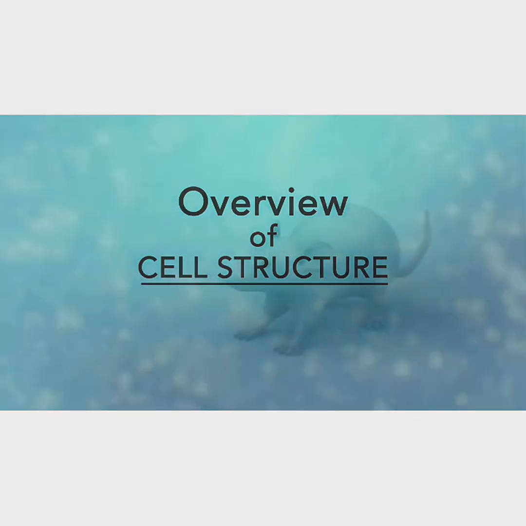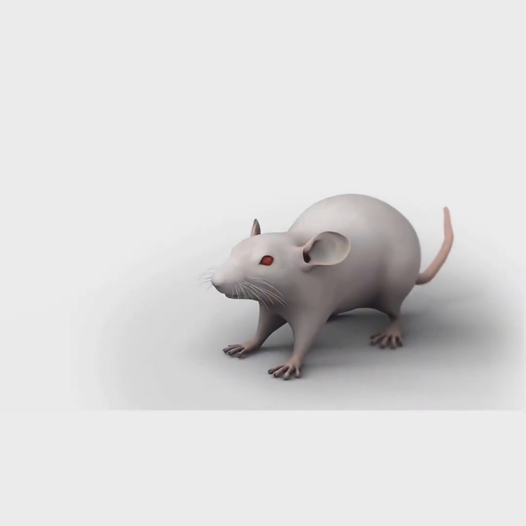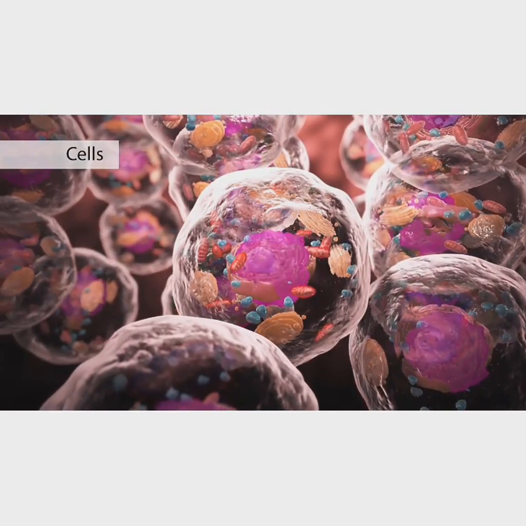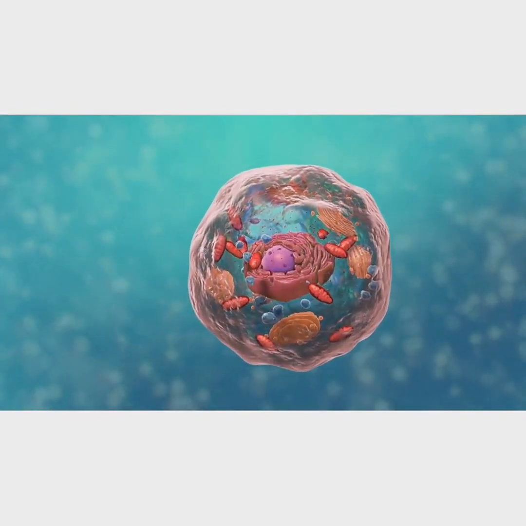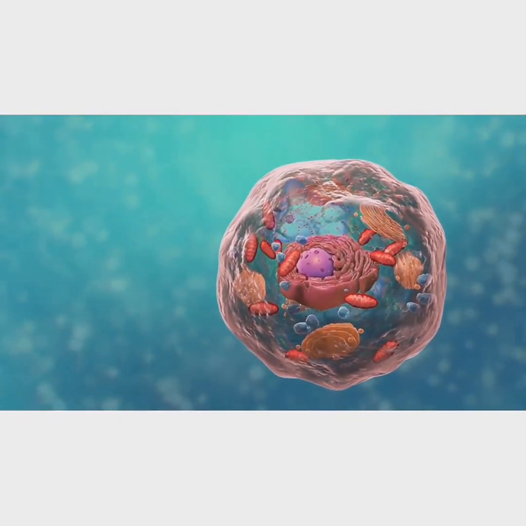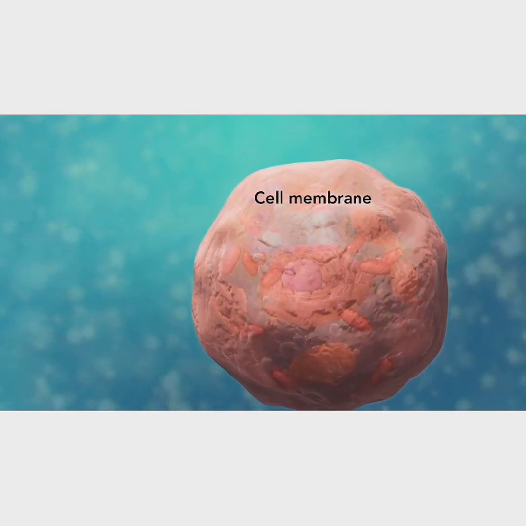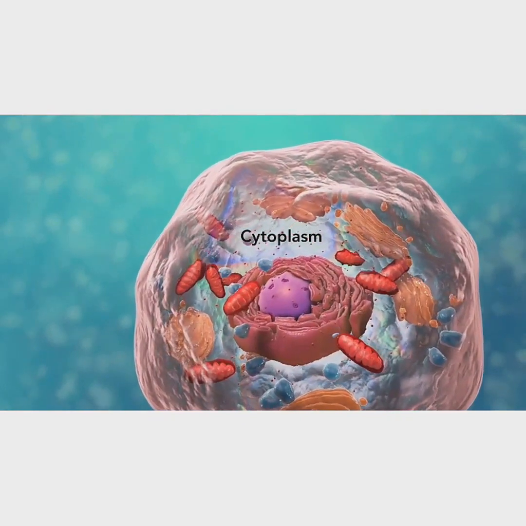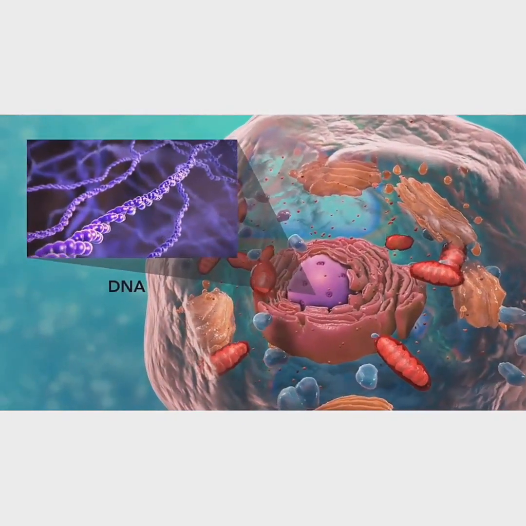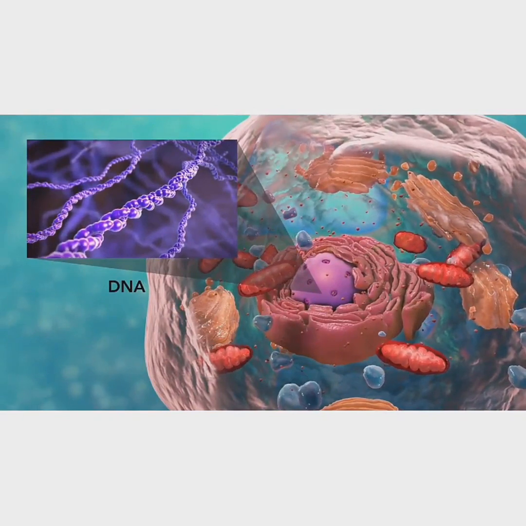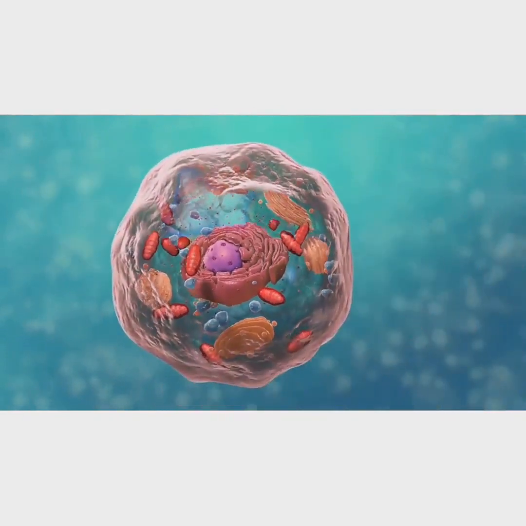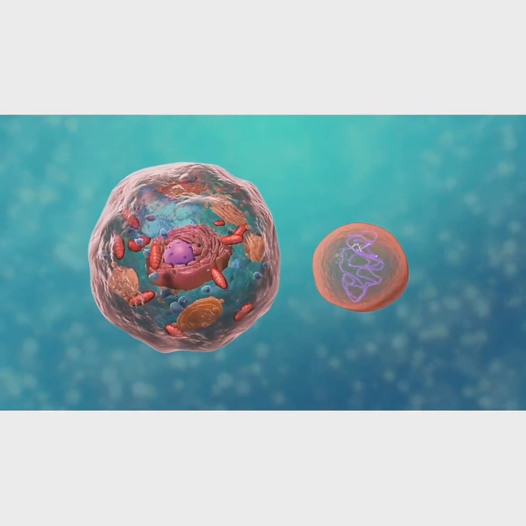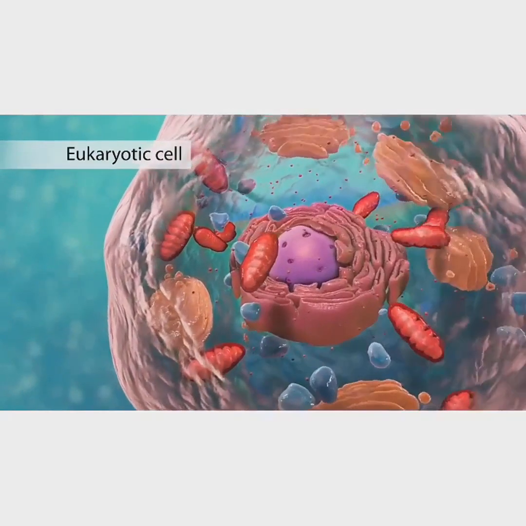Now, what exactly are cells? They are the smallest living units of an organism. So, all cells have three things in common, no matter the type of cell. They all have a cell membrane, which is like the environment. They have the cytoplasm, which is a jelly-like fluid that you see, and then they all have DNA, the genetic material. There are two broad categories of cells, and the first is the eukaryotic cell, and the second is the